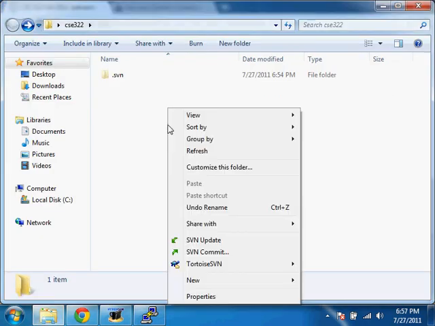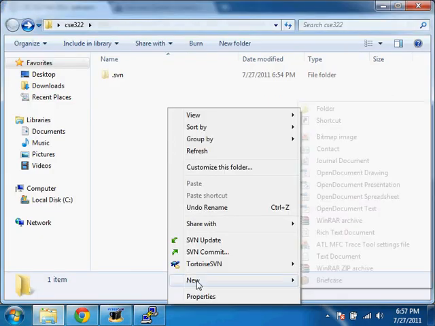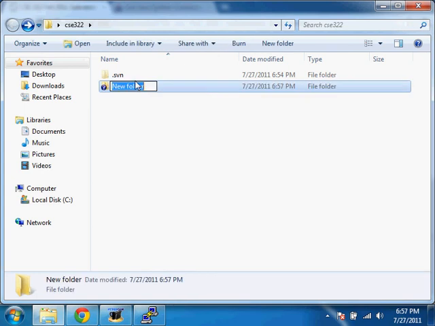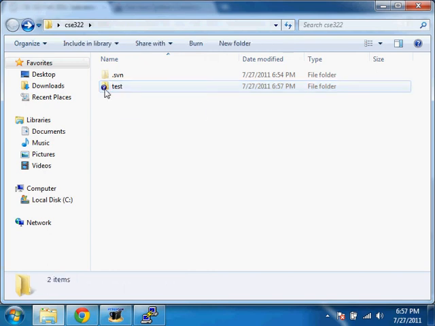So let's go back there and do that. I'm going to create a new folder. I'm going to call it test. And you'll see this little symbol right there. Windows Explorer doesn't normally display this, but we've installed Tortoise SVN. It integrates itself in, and it is now displaying this icon to show that it doesn't know what to do